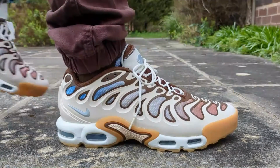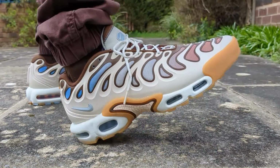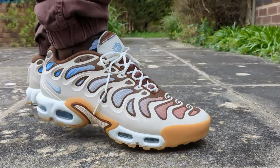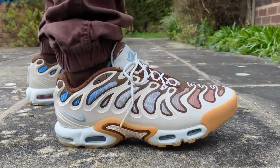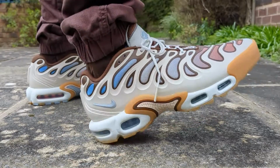Nike have made some additions to this midsole-outsole combination for this Nike Air Max Plus Drift that I really do not like, and comfort-wise, they're absolutely awful. I found these incredibly uncomfortable underfoot and on top of my feet. You can see from the step test that I got zero responsive bounce back from this Air Max sole unit. It just really didn't give anything. I was trying as hard as I could to get any responsiveness from this midsole at all,